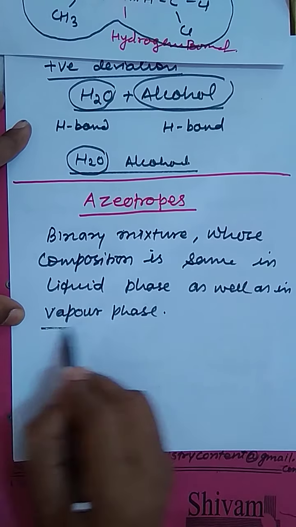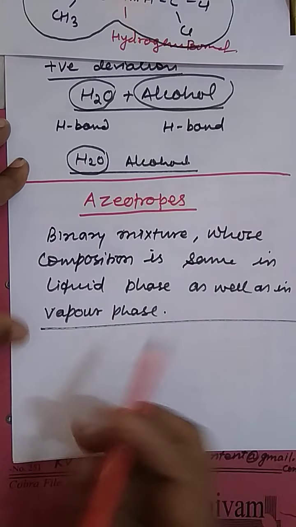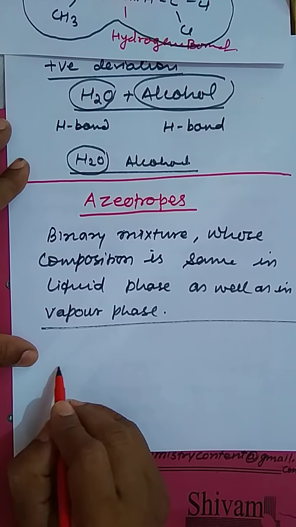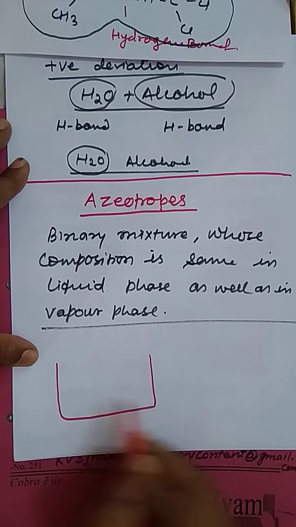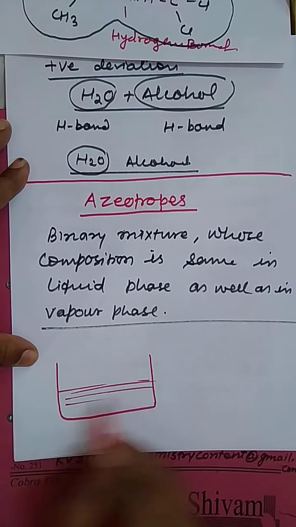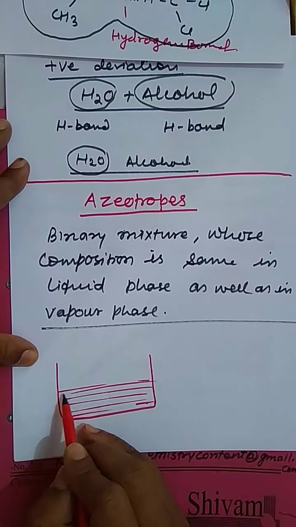So you know, a binary mixture means a solution having two components whose composition is the same in liquid phase and vapor phase. As for example, we put here